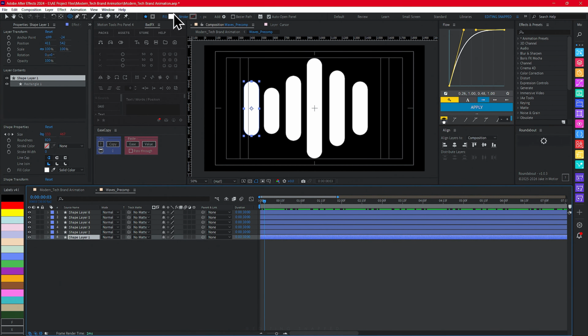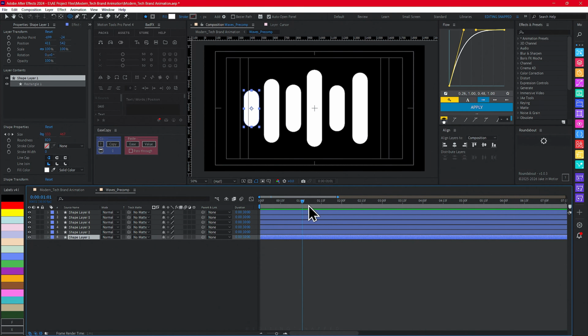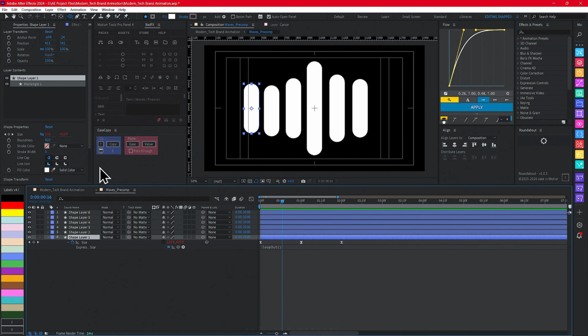The first shape is set to a solid color with these settings. The rounded corners are set to the highest 820. Just duplicate these shapes and make some random adjustments to make a wave. And after that, make a keyframe on the size property and just tweak the keyframes. At the beginning, the size is set to this 133 to 468 and move forward to 1 second. Values are different, and at this frame, copy the first keyframe and hit Ctrl V to paste the keyframe, and